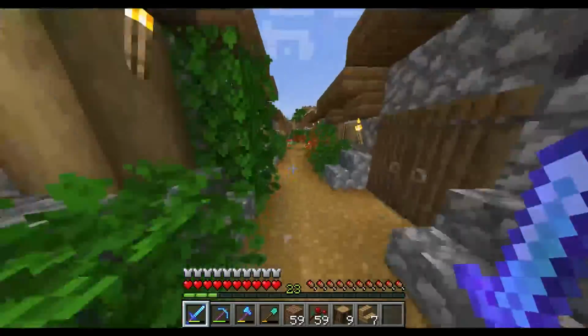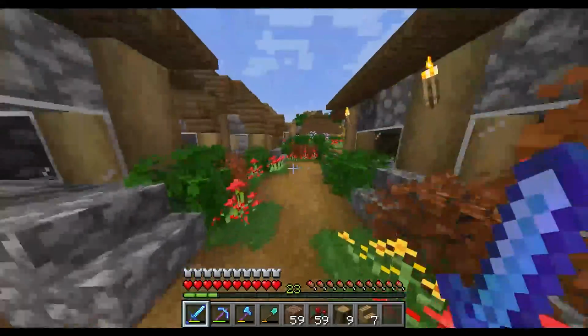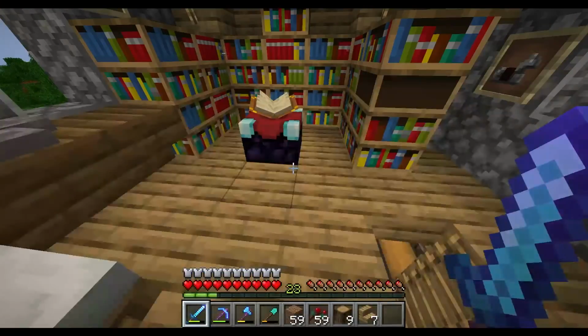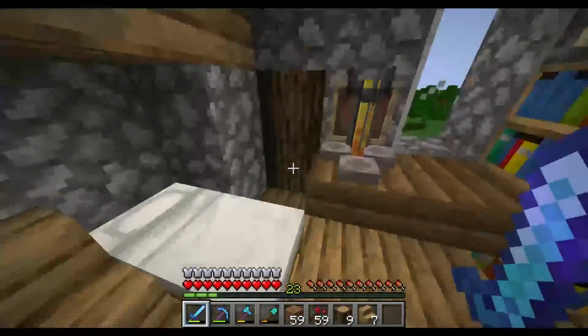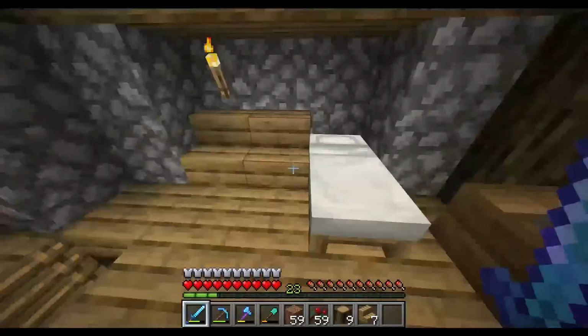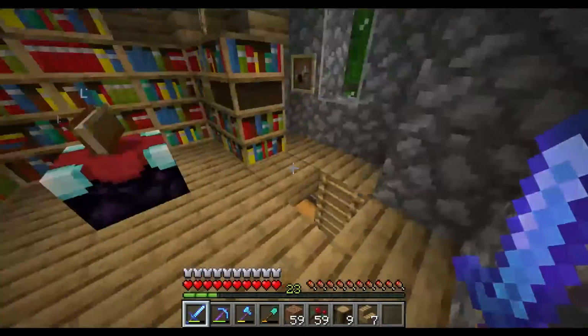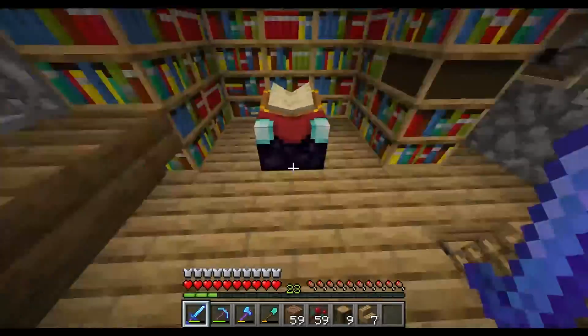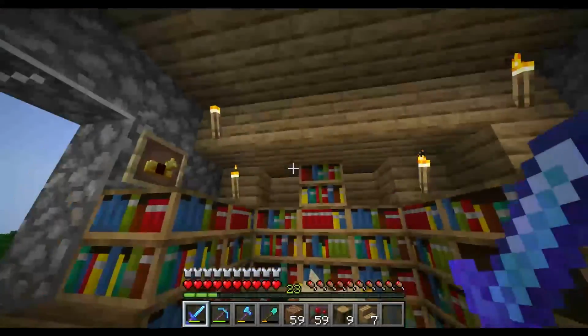And I gotta go back to my house to show you a few other things I did there. So give me a second here. Okay, yeah, you see me upstairs in my room here. It was nighttime and it rained, so I had to go sleep. But as you can see here in my room, I added my enchanting table and I added a few more